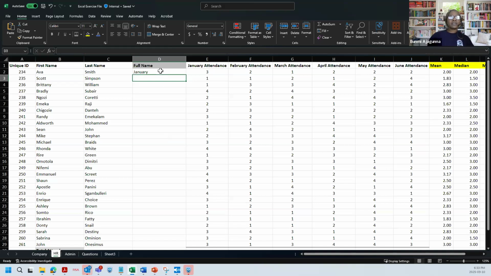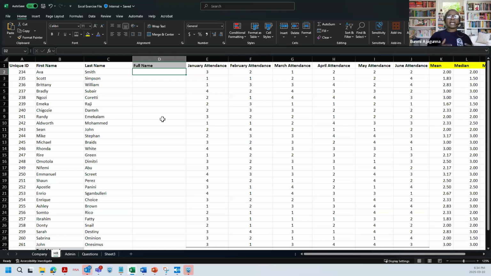So I'm just going to remove this first one, which shows January. We already know Ava Smith should come up with January, but that's not where we're going first. I want to first bring her full name here, Ava Smith. So rather than start to type Ava and Smith and then do each one after the other, there's one thing I want to show you. There's concat, there's concatenate, there's and, but there's also what we call flash fill.